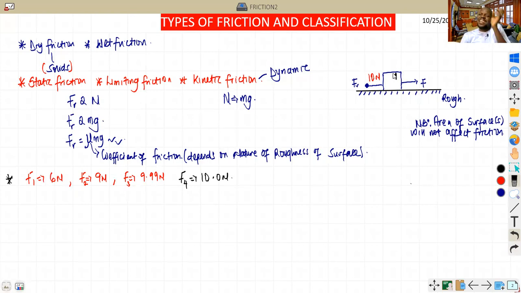That's the maximum limit of force this particular body can put. At that point, the body will not be at rest, but it has not started moving. I hope you get that. The body is not at rest, but it has not started moving. But it is at its limiting friction. Now, the moment I apply a fifth force, let's say 10.2 Newton,